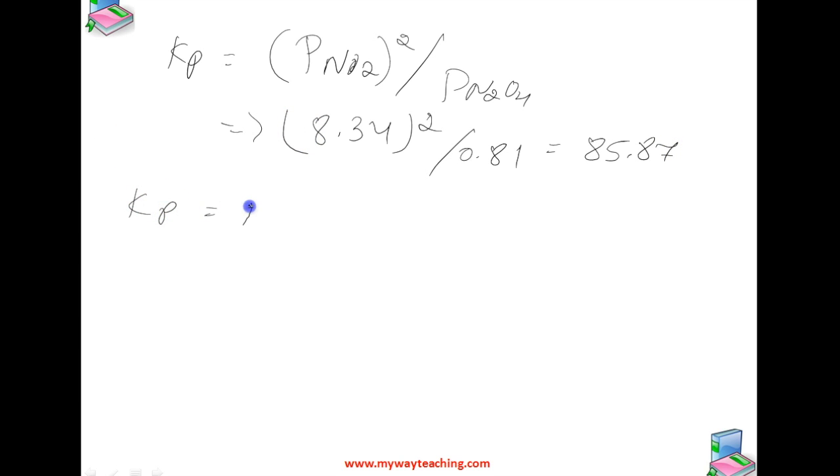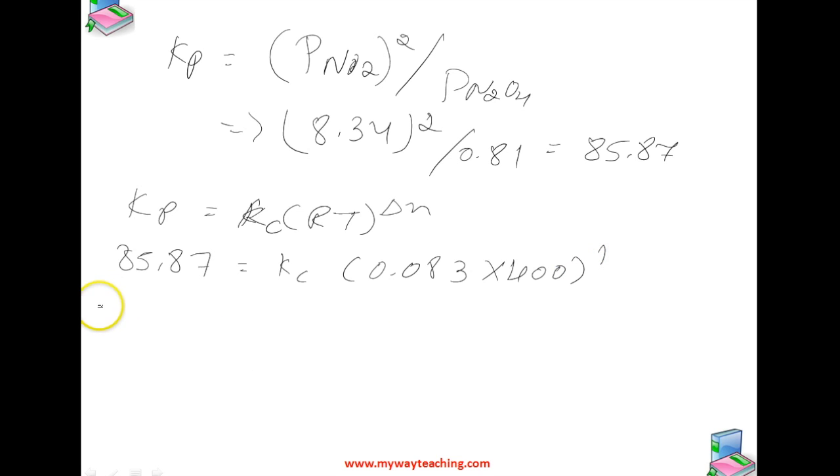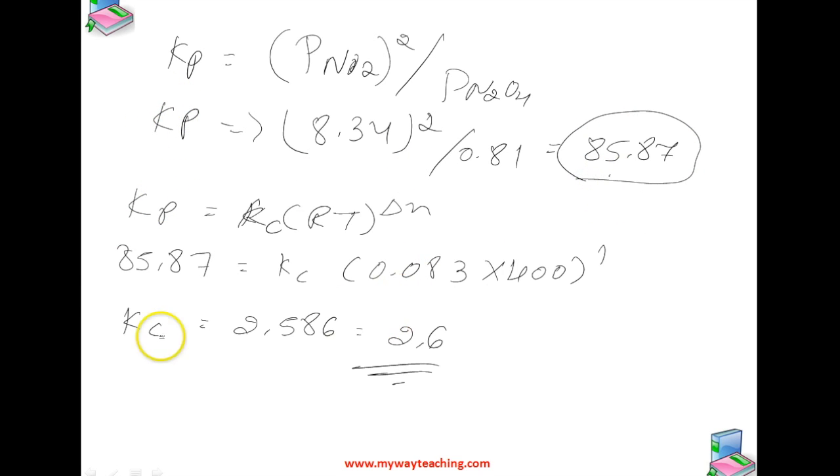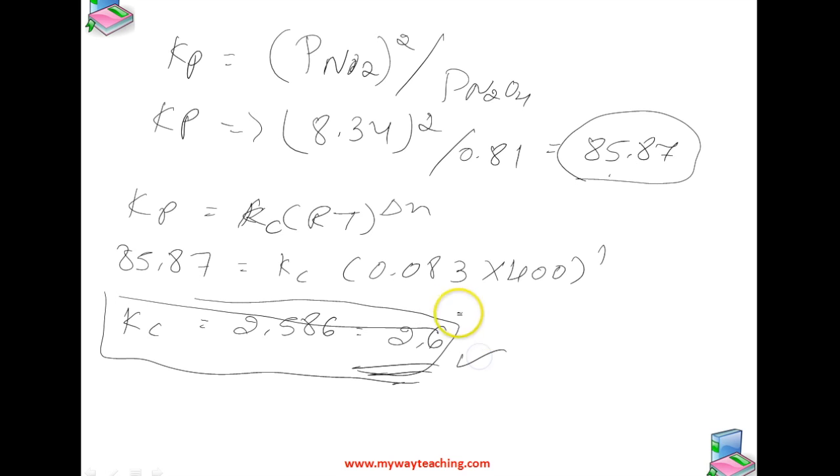And Kp is equal to Kc into RT raised to delta n. 85.87 is equal to Kc into 0.083 into 400 whole raised to 1. So Kc you are getting 2.586 after the calculation, and you can simply write it as 2.6. Kp value is 85.87 and Kc value is 2.6. Okay, next